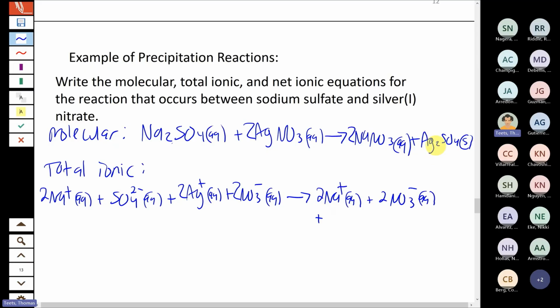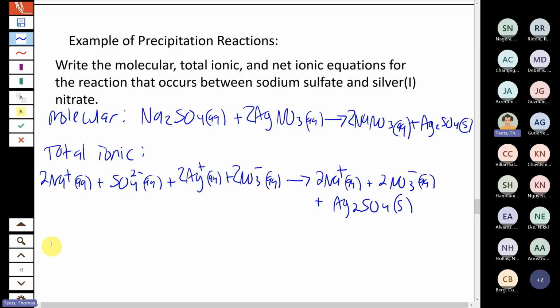And then we have our Ag2SO4, which is our precipitate, so we don't separate that one. That one's going to stay as Ag2SO4 solid. Only the things that are aqueous get separated and dissolved into their ions. So that's our total ionic equation, and the last step for net ionic,